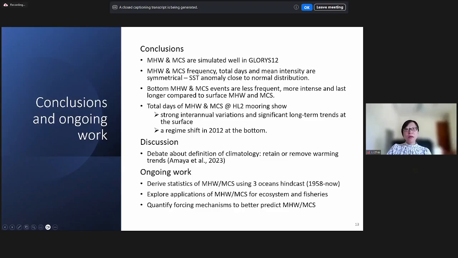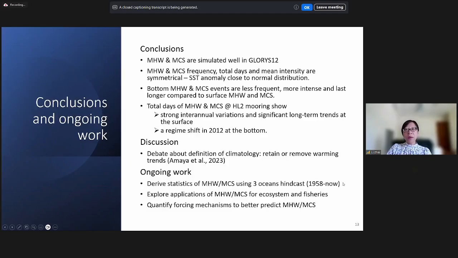The one thing I just want to point out is that there's a strong debate in the literature about how we define climatology: should we remove or keep the warming trend before we do the marine heat wave analysis? I think the quick answer is that it depends on the application of interest. So we may be able to provide the marine heat waves derived using both a fixed or shifting climatology. Our ongoing work includes deriving more marine heat wave or cold spell statistics using our Three Oceans